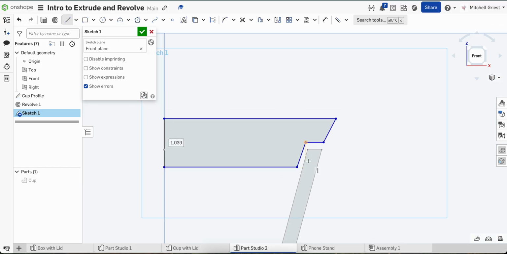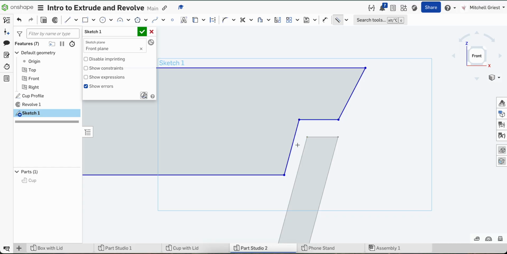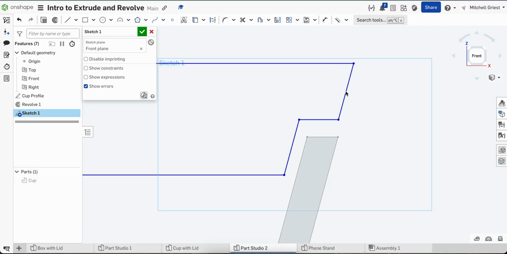It's only an approximation of what we want to make, but if we hit B or come over here and select the parallel tool, we can constrain so that this line is parallel to that line. So now our lid inner is going to follow the same exact angle of the outer. And we can do the same thing to say this parallel line, or these two are a set of parallel lines. In fact, not only that, but if we want them to line up on the outside of the cup,